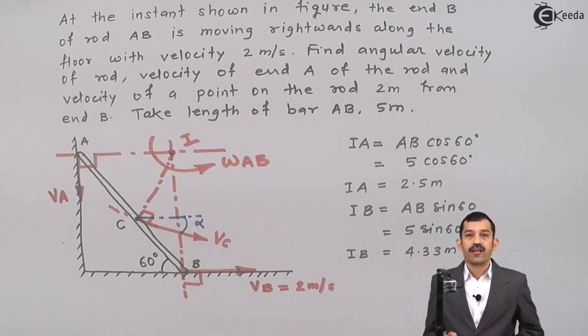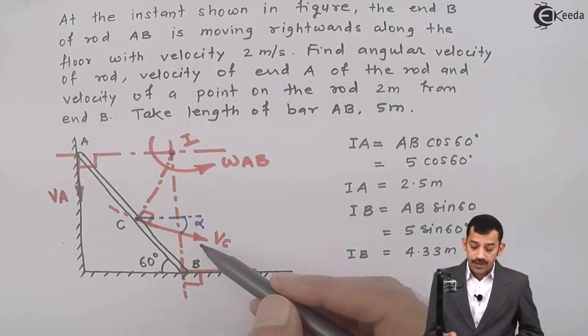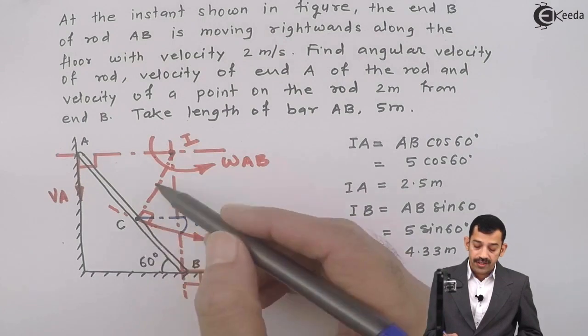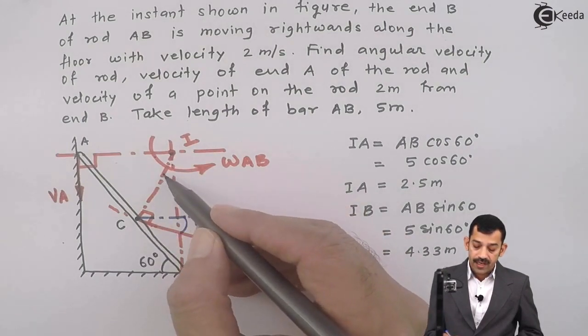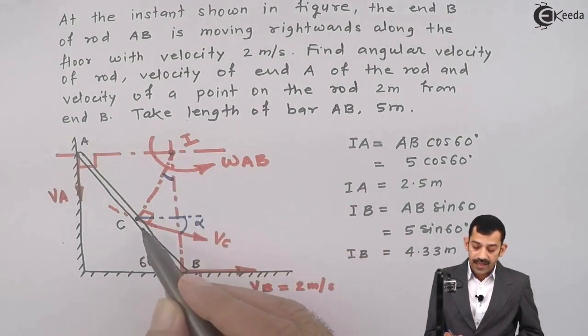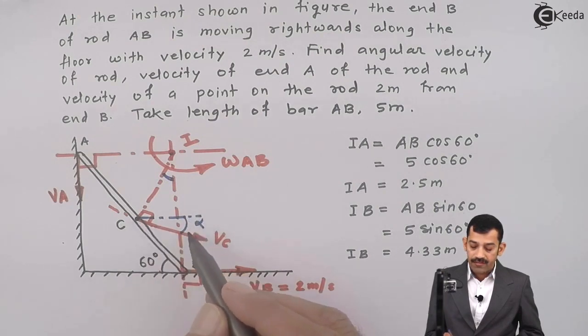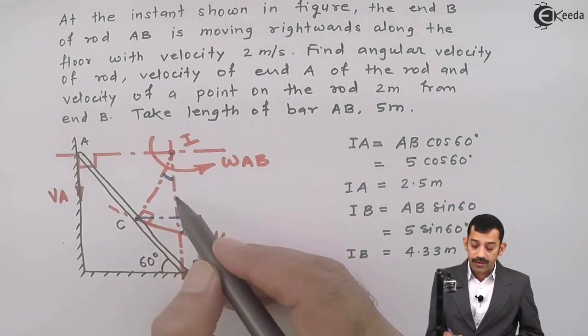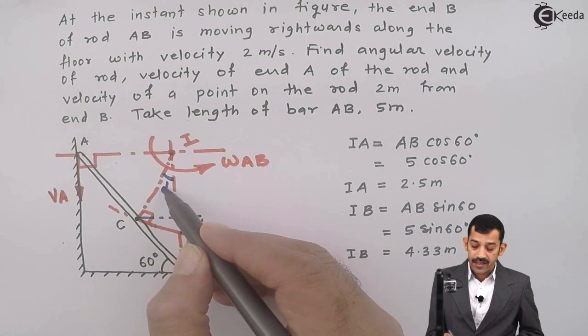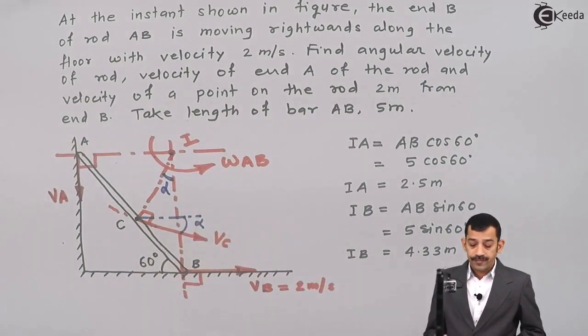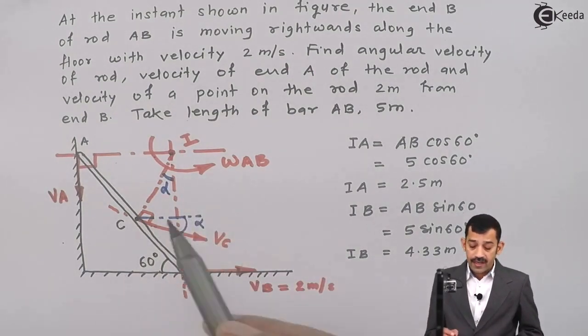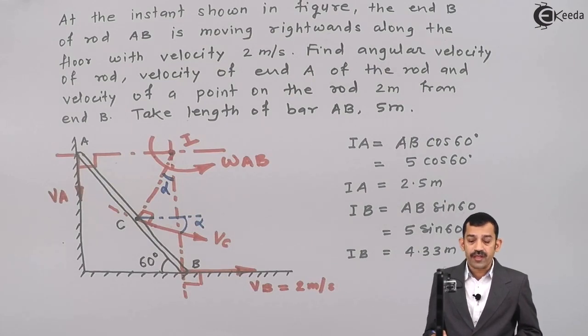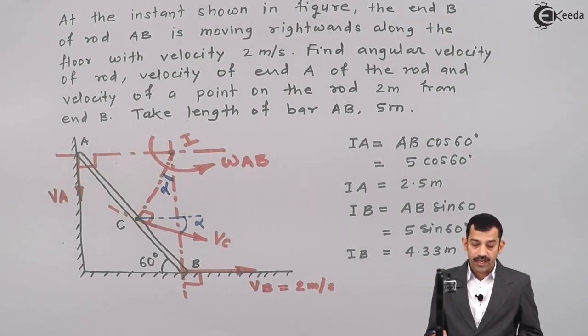VC is inclined at an angle of alpha with horizontal. If I draw here a perpendicular to VC, that is IC, that means this angle, if any line is inclined at an angle of say alpha with horizontal and we draw a perpendicular, from trigonometry this angle comes out to be angle alpha. Now IA length and IB length is known. Next target is we have to find out length IC and angle alpha.